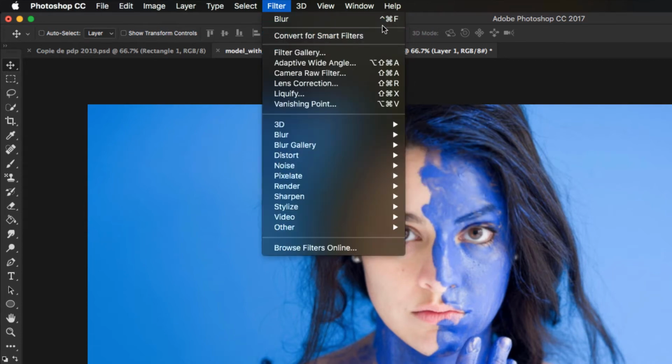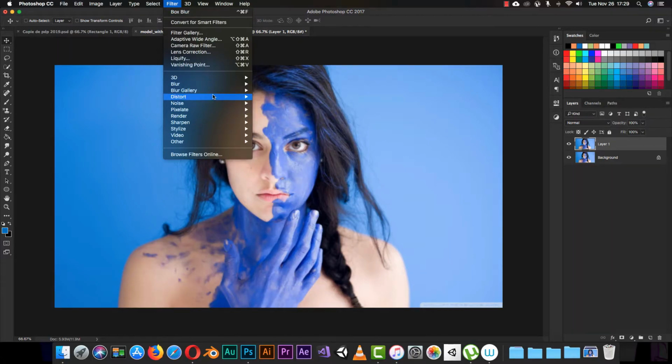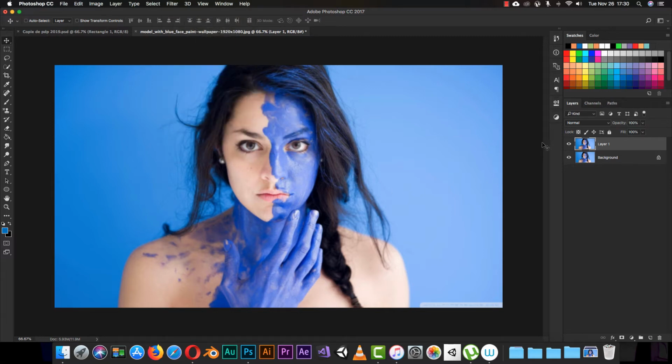If we do Shift Command F, I'm going to apply the same filter we did last time. On your computer it will be Shift Control F. So every time you pick a filter from this place here, it will be in this command here at the top. Why does this happen? Because sometimes we apply a filter and find that we need to reapply the same filter. So instead of going to filter and picking the filter you want, you can just click the command and you will have your filter reapplied again. But for now I will just do this blur again, and I want to show you